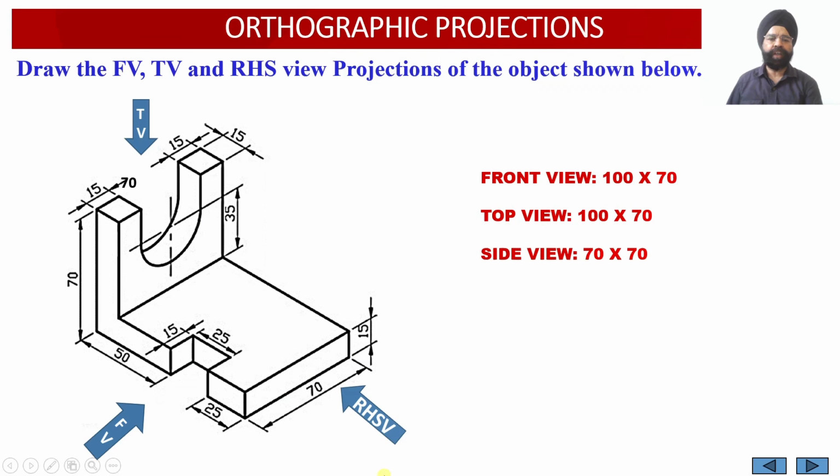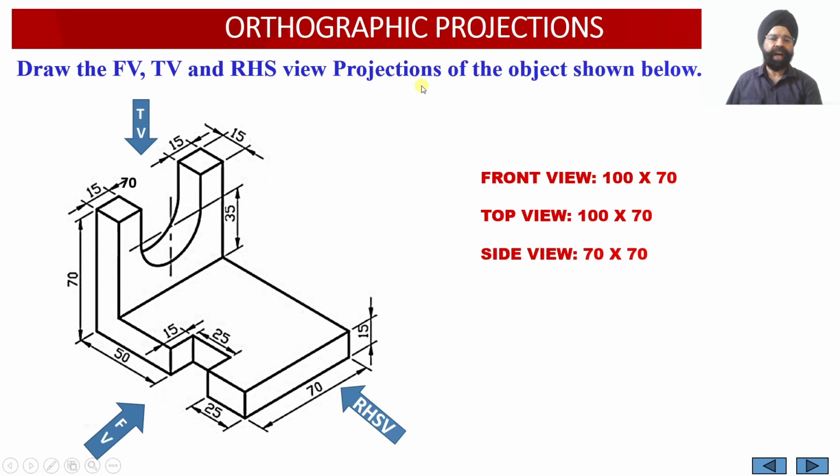Now here we have the 3D isometric projection of a solid in which the front face, the top face and the right hand side face have been clubbed into a single 3D isometric projection. We are required to convert this isometric projection of the object into the three orthographic projections. So we are required to draw the front view, the top view and the right hand side view projections of